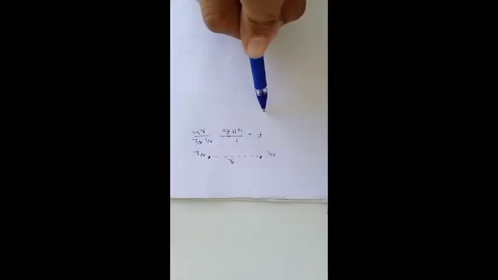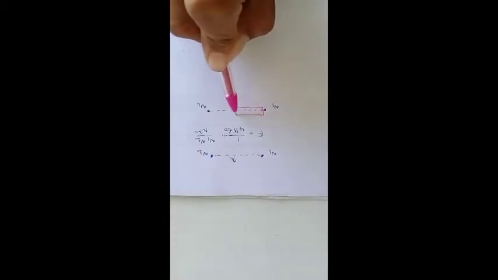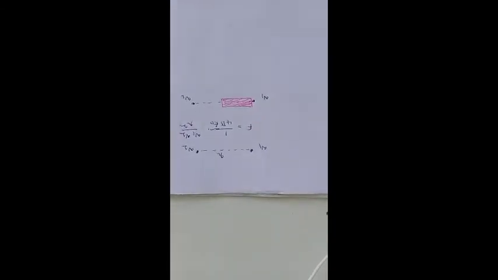Now later what they did, in between these two, Q1 and Q2, half gap is filled with dielectric of dielectric constant 4. Here they kept a dielectric. Remaining gap, remaining normal air is there. What is the new force between them? That is the question. Now I am assuming new force is F dash. Actually, what is the formula?